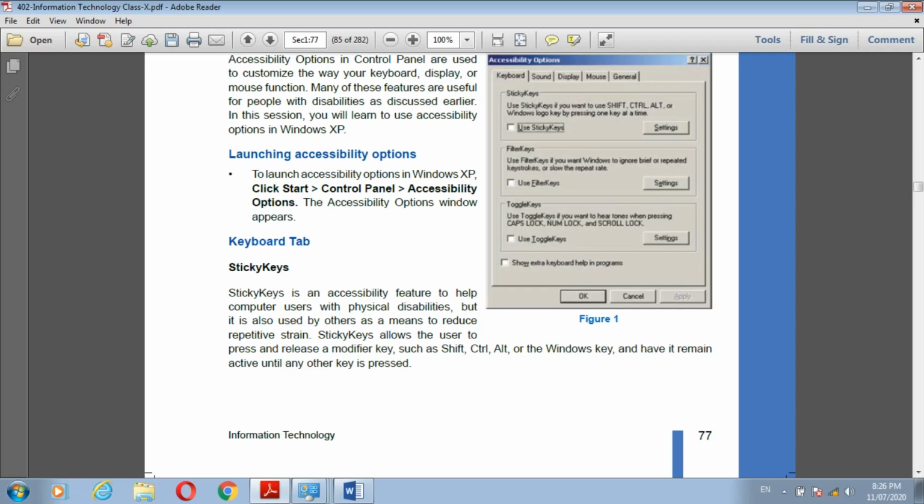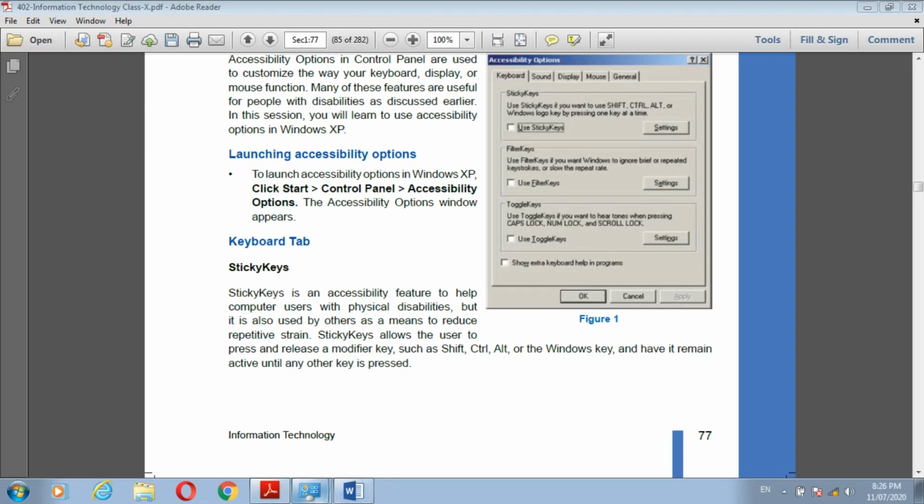So to avoid such combinations of keys, if we check the sticky keys option in the control panel, then it is easy for the user to use the keyboard.